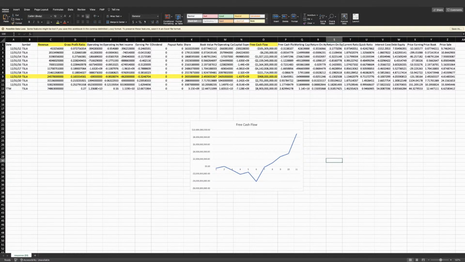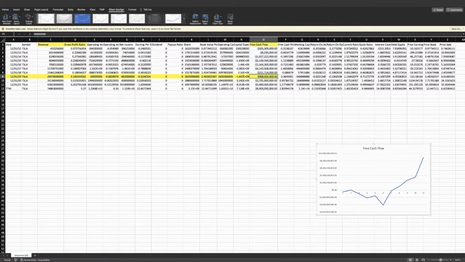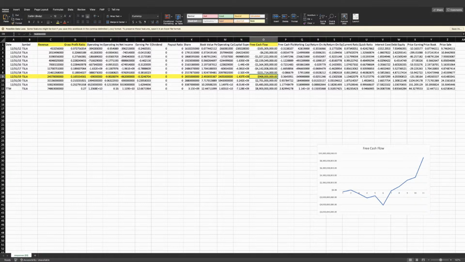2019 was right here, when Tesla turned positive. Okay, so this was the number where Tesla turned positive. So I would say, you know what? That's a great time to go in on Tesla. So then you would go here. Obviously, you do an intrinsic value calculation, and then you go to 2019 and look at what